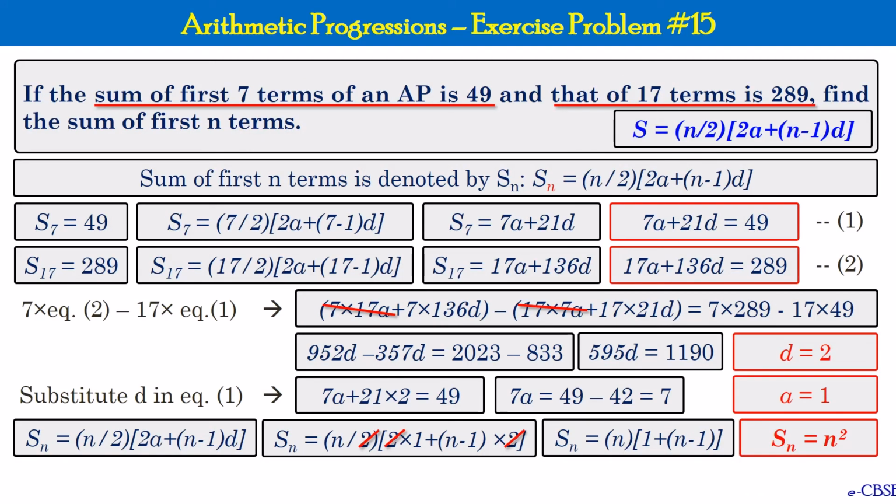Now, if we quickly look at the problem that we have seen earlier, if the sum of the first 7 terms of AP is 49 and sum of the first 17 terms is 289, correct? So here 7 terms are given, 7 square is 49, 17 terms are given, 17 square is 289, correct? That is holding. And you should also note that the value of a is 1 and the value of d is 2. And when the value of a is equal to 1 and the value of d is equal to 2, that is nothing but the first odd numbers, correct?